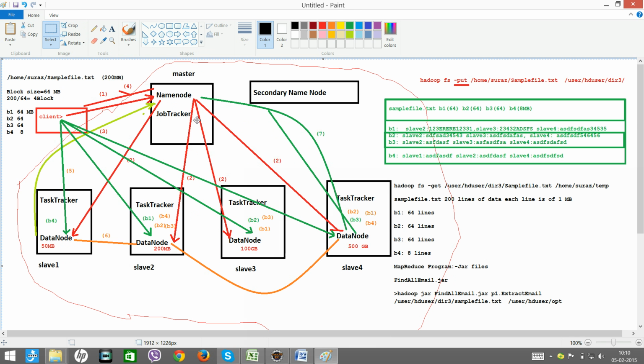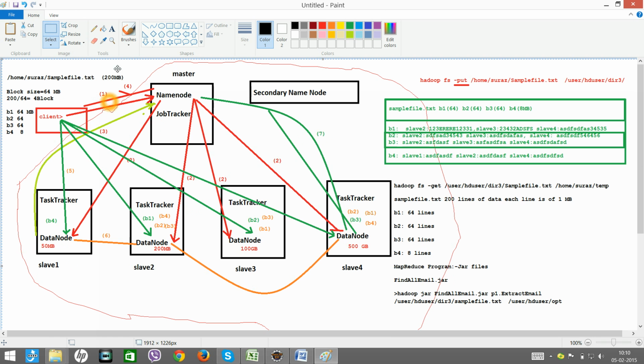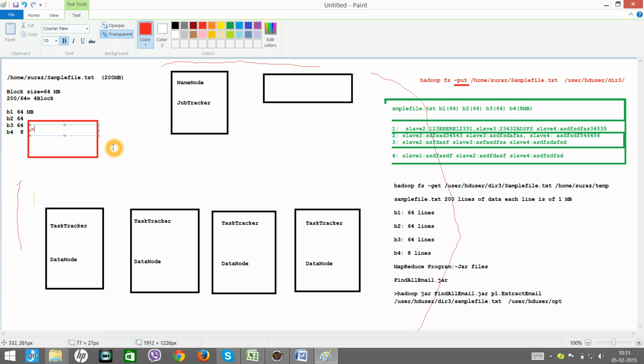A new file here, and let's do one thing. Let's erase everything, not everything. We may need something. Alright, so now we have a very clear screen. We'll start it again. So let's assume that we have already stored the data on the various nodes, right? And now we will execute the command to